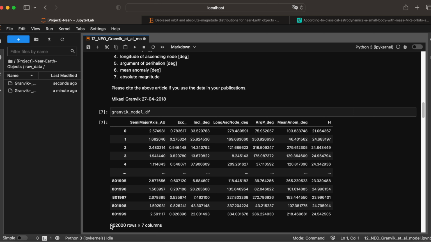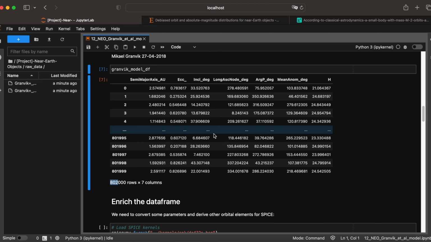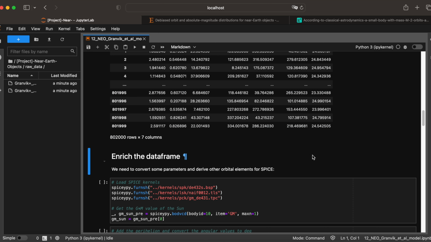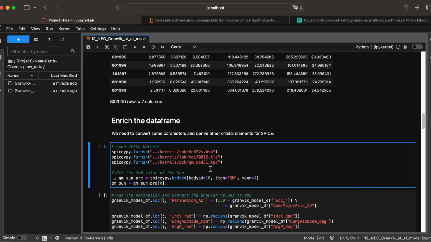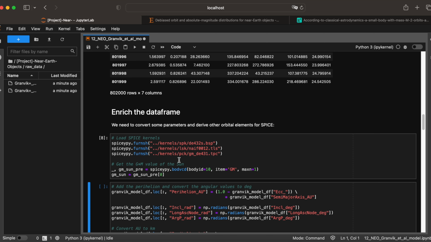we have in total 802,000 NEOs in this file. Now that's basically it, and you see we have here everything in degrees and also in AU, and for SPICE to understand the data we need also to convert it in kilometers and respectively also convert the degrees into radians. Now first in cell number 8 we load some kernel files for SPICE, and then in